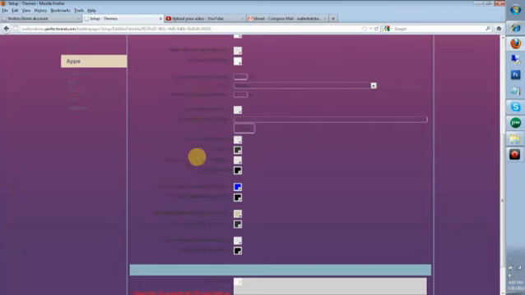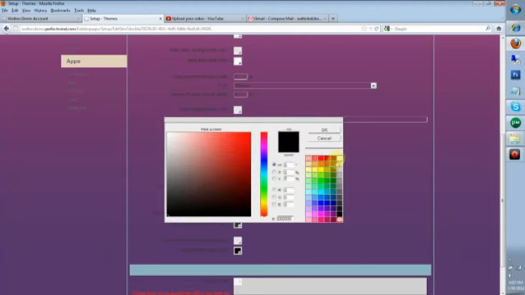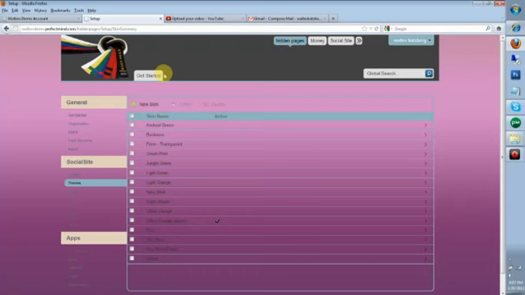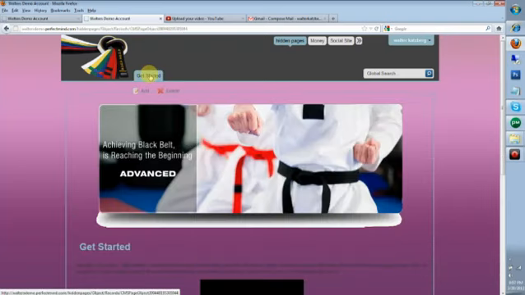And once again, the page text color. So instead of black, as we talked about, or gray, let's do it white and click OK. So now that I've changed that theme, I'm going to go ahead and save that. Now when we go to our Get Started page, you're going to notice that our form is going to be